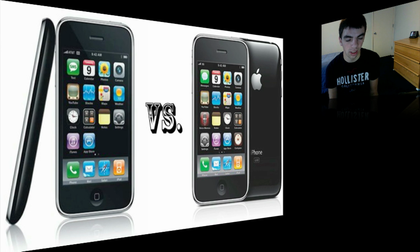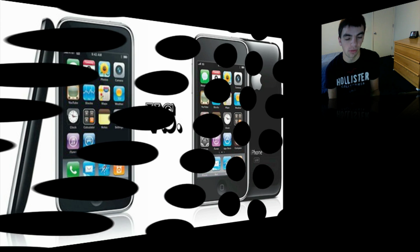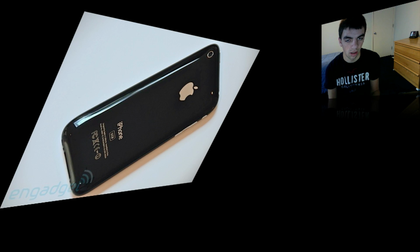So next thing I'd like to see is a design change. Coming from the 3G, the 3GS didn't change much in terms of actual design. Sure, the screen is now probably a little more fingerprint resistant, and the back of the phone, where it says iPhone and 16 or 32 gigabyte, I believe that's now more shiny, like chrome, than it was on the iPhone 3G, but it's still made out of plastic,